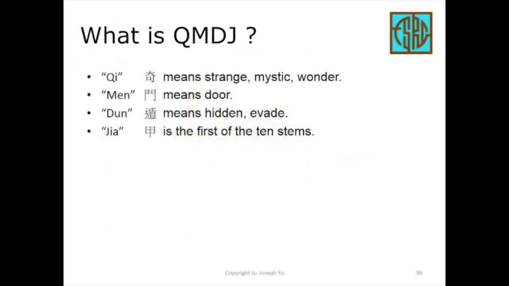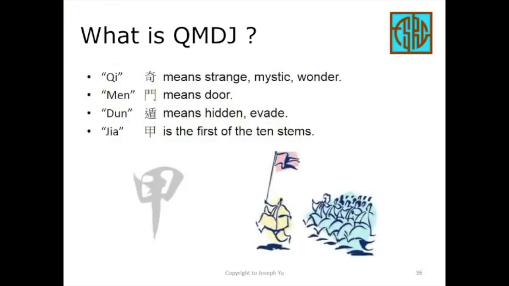Qi Men Dun Jia consists of 4 words. Qi means strange, mystic, wonder. Men means door. Dun means hidden, evade. Jia is the first of the 10 stems. Jia is the leader of the 10 stems. It is the most dignified and important. In warfare, it is the field marshal and is hidden, so that the enemy do not know where to